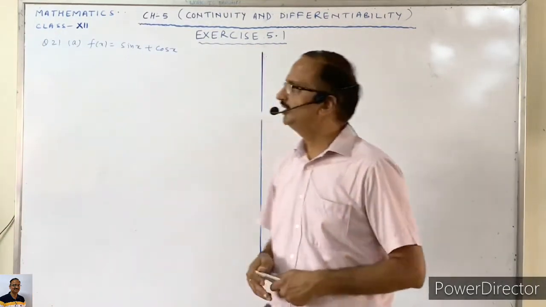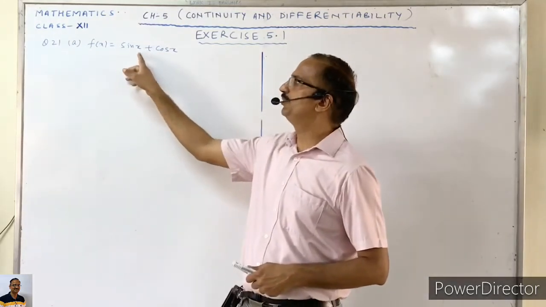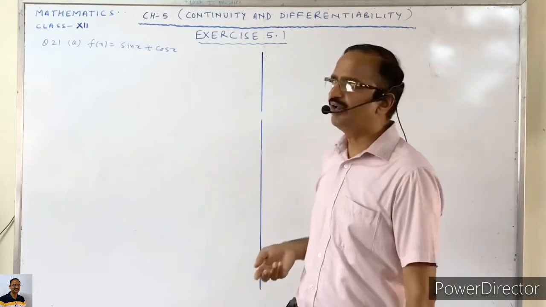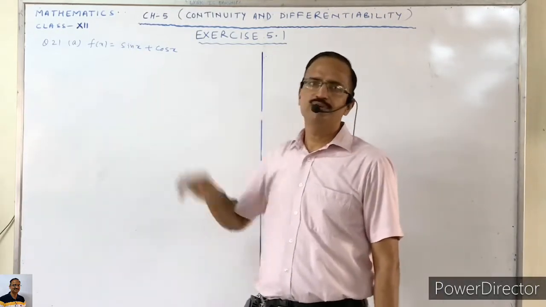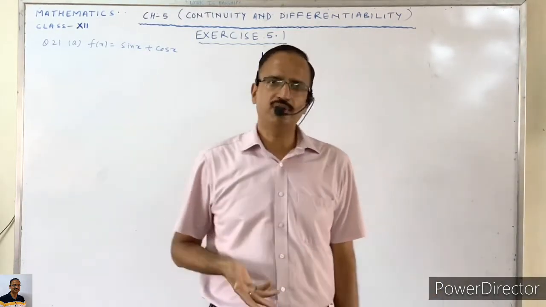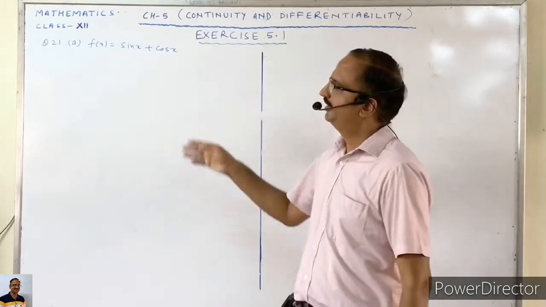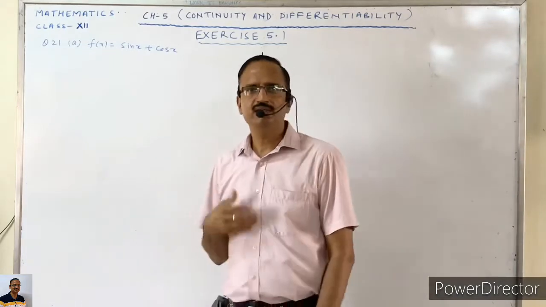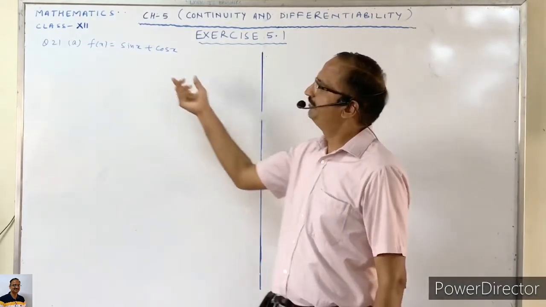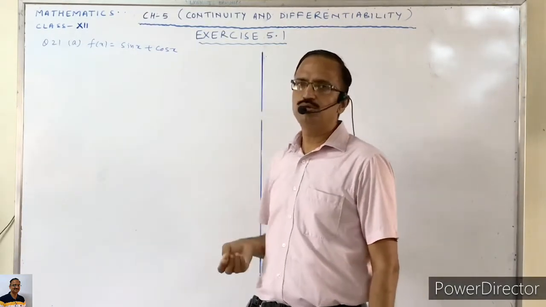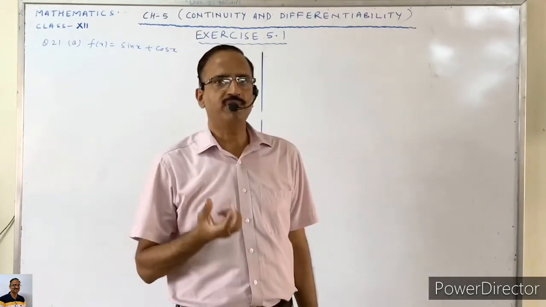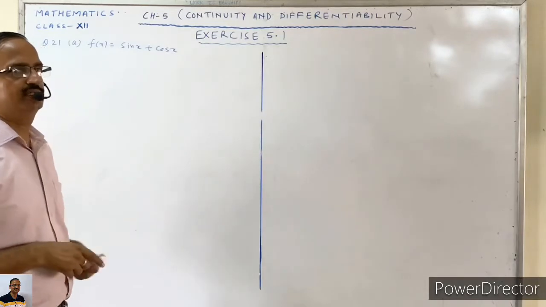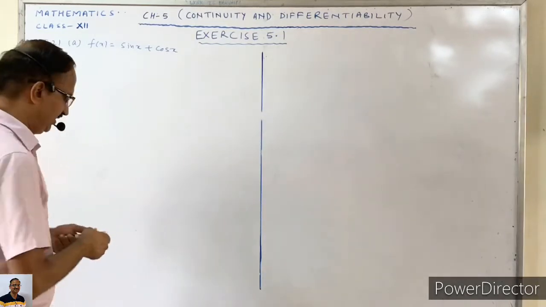In first method, we can separately prove these two functions to be continuous. And as we know that the sum of two continuous functions is also continuous. So in this way, we can prove that this f(x) is continuous. And in second method, we combine these two functions and form a new function. So I am doing this by the second method.